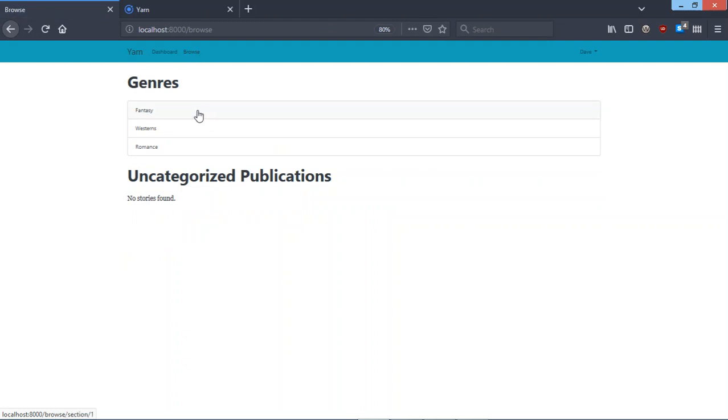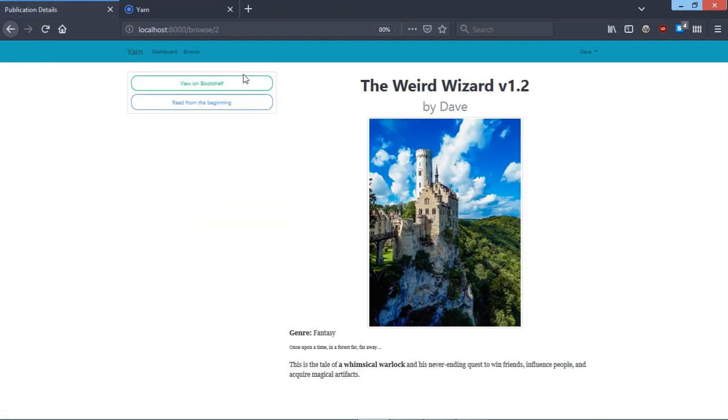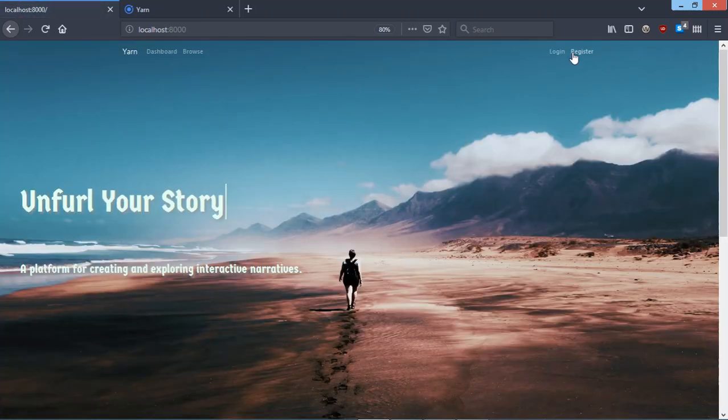browse section. So there's a genre system. You go here, you can add books to your bookshelf. You don't have to add a book to your bookshelf to read it, but that's the only way that you'll get it to give you the recommendations. So what we're going to do is log out and create a fictional user so that you can see the full